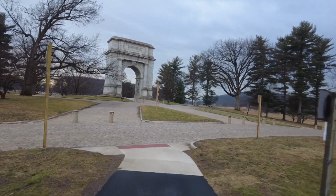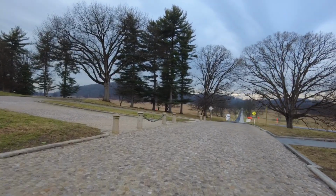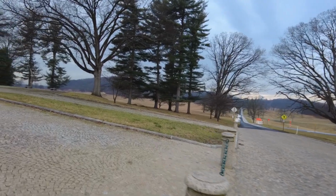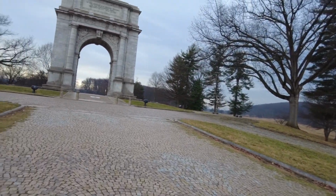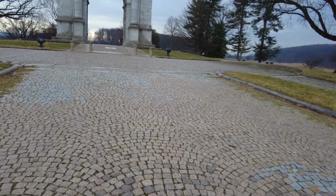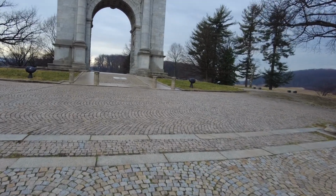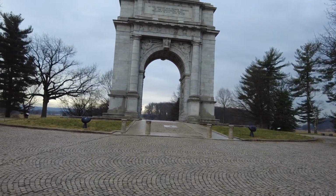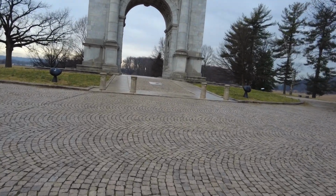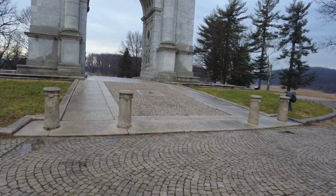Ooh, look at this. The last time I was in Valley Forge was, I think, last Super Bowl. I came out here. It was snowy. And this part was getting worked on. They were reworking the paving of this road to this monument. The officers and private soldiers. This is a big arch, man. Look at that. A big arch in the middle of the...